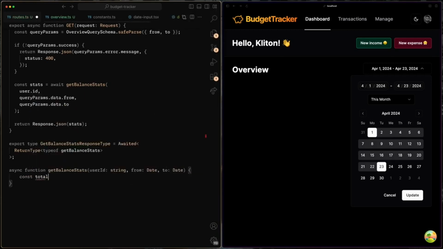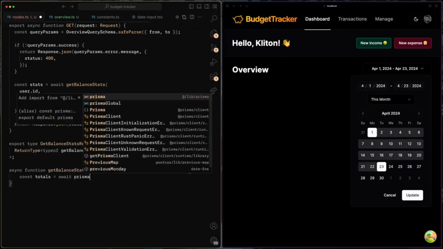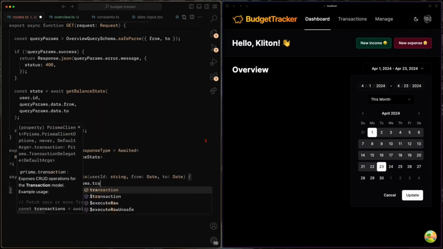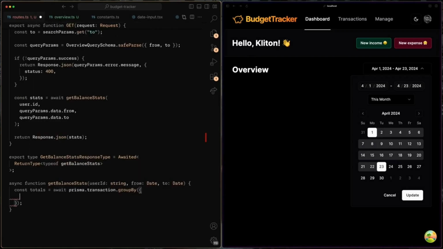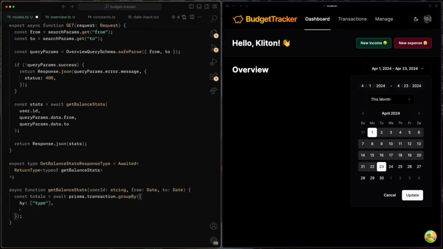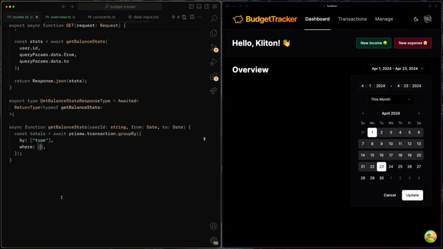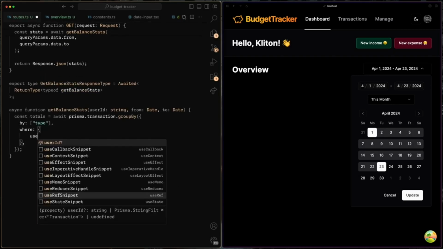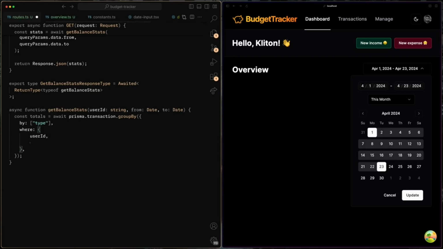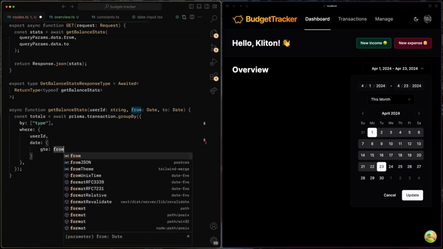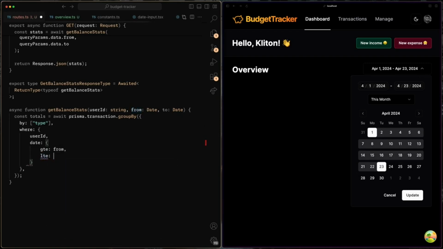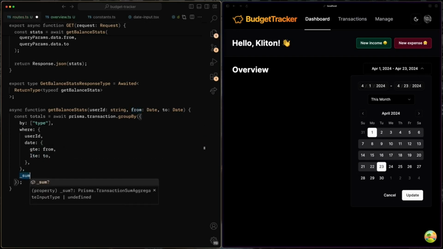So const totals equal await prisma, and you can import it from lib/prisma, transaction.groupBy. This takes an object. We are going to group by, so by, and we are going to group the type, like that. Then let's add the where filter. So where we are going to filter for the userId, so userId. And then we are going to filter the date field, and the date field must be greater than or equal from and lower than or equal to. And we are going to sum